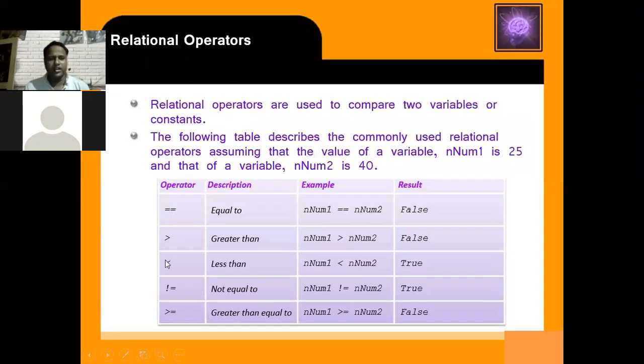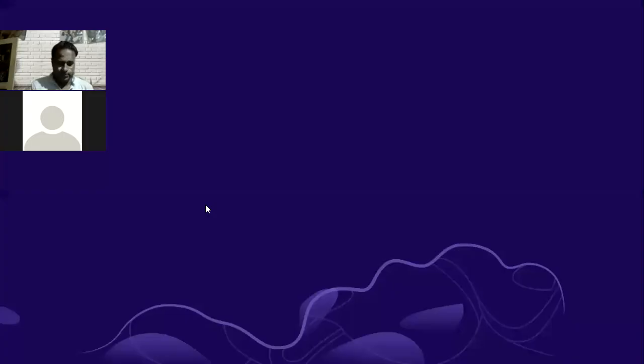These are called the relational operators. Equals to, greater than, less than, you already know from your mathematics. Here we're using not equals to, then greater than equals to. So when you write here, I'm just giving an example.